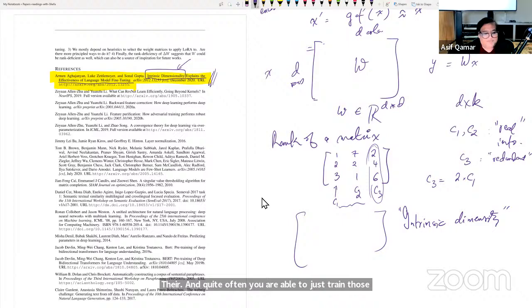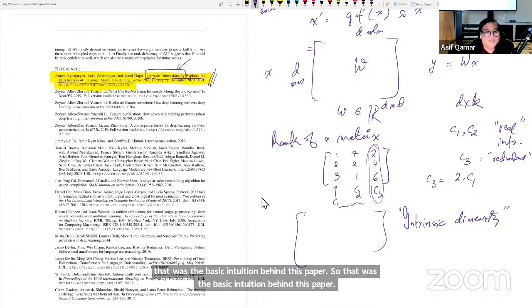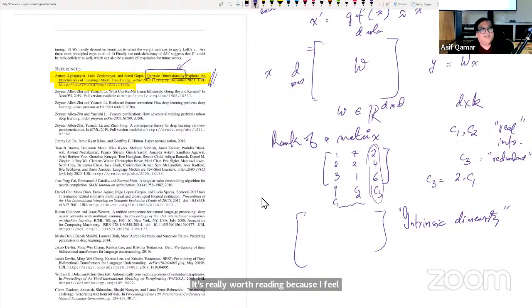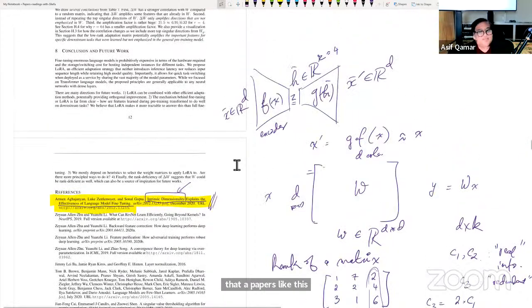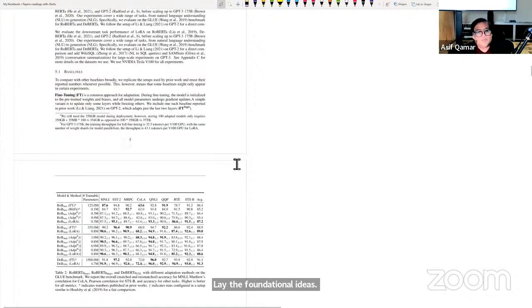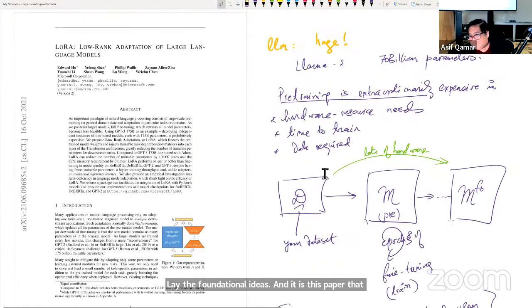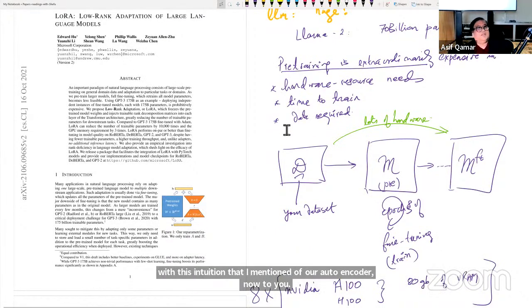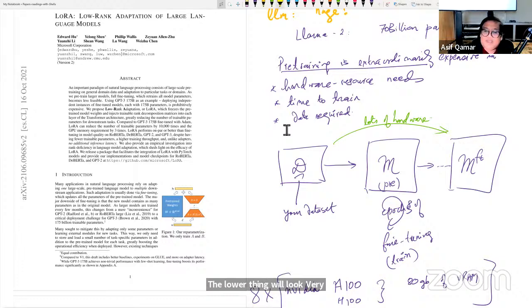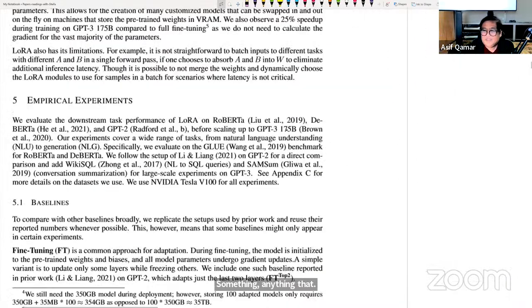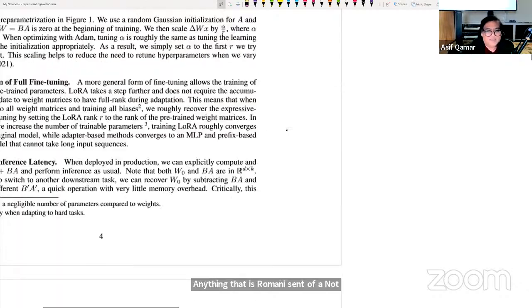It's really worth reading because I feel that papers like this lay the foundational ideas. And it is this paper that inspired this LoRA thing. What LoRA says, with this intuition that I mentioned of an autoencoder, will now look very straightforward to you. Before I continue any further and even read the paper, does anybody notice in this figure anything that is reminiscent of, not exactly that, but reminiscent of